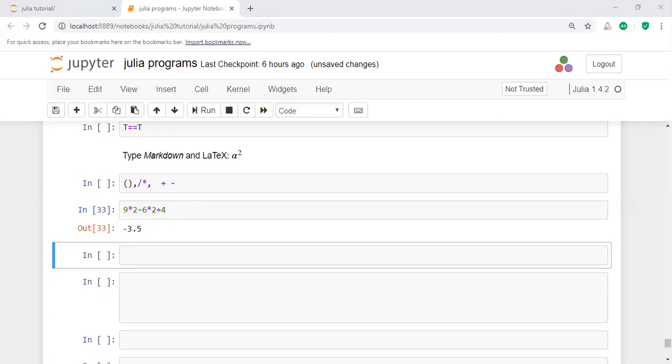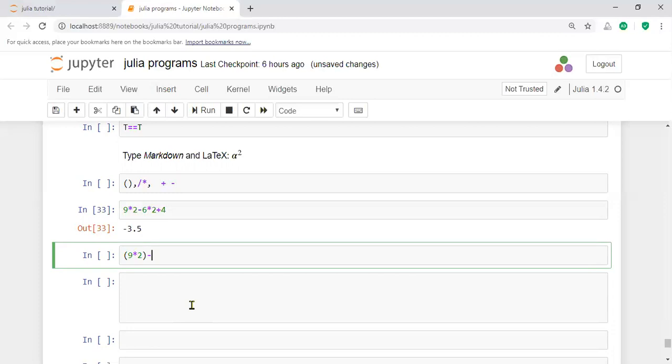Here these are all left associativity. That's why first I am taking the 9 into 2. The first value here I am taking 9 into 2, and then minus. After that, what is the result here?